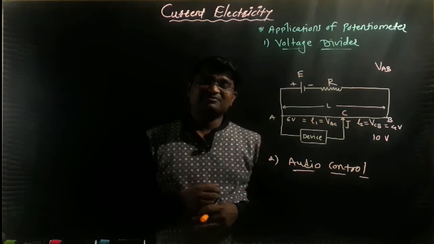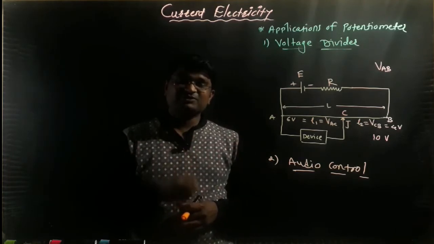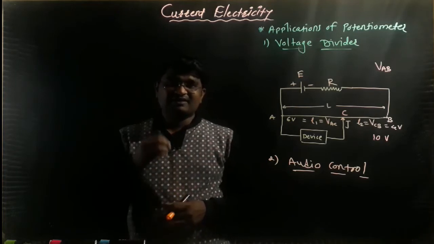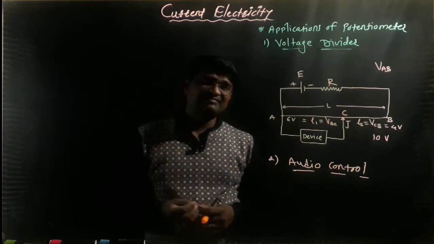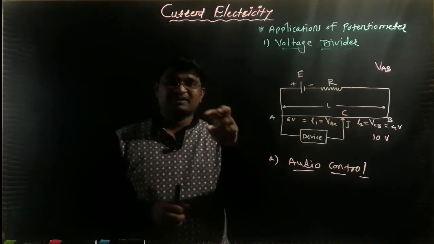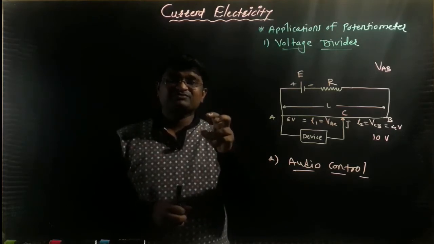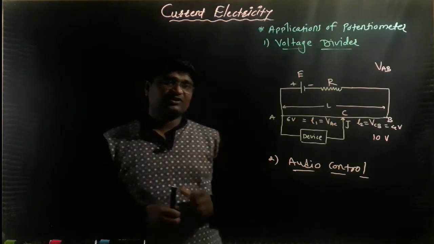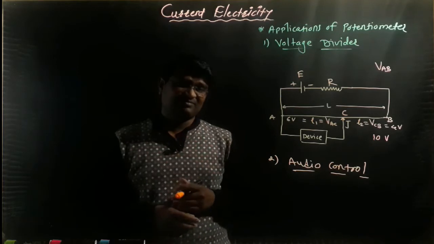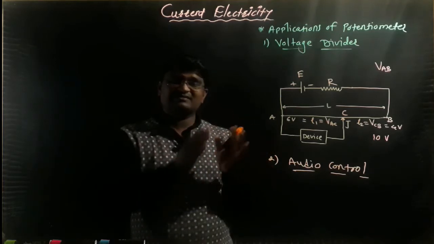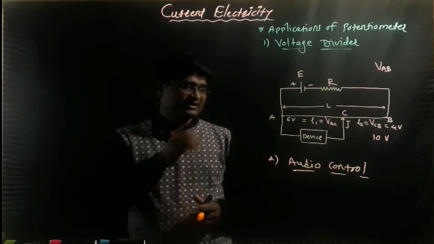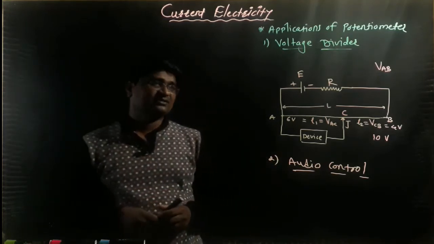We know that the rotary potentiometer is used for audio control. Right now in a radio or a CD player, as we discussed, there is a circular knob, and if they rotate it, with the help of this we control the sound, we control the audio. So this is one type of potentiometer, the rotary potentiometer. This rotary and slider potentiometer is also used for audio control. So this is the second and important application of potentiometer.